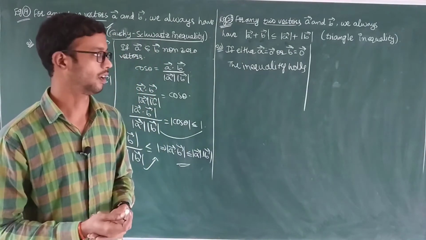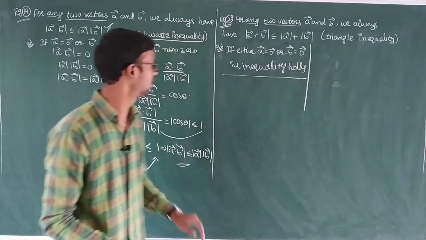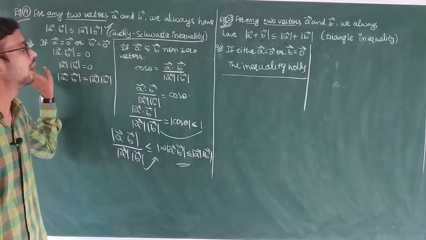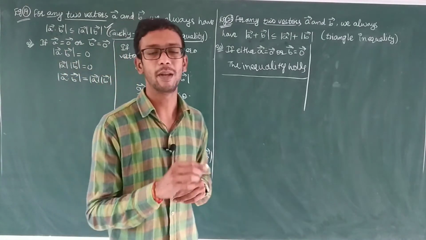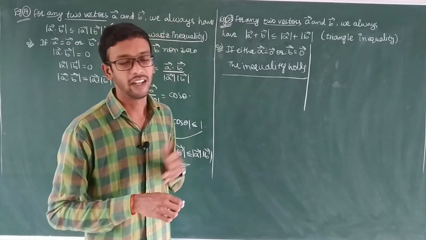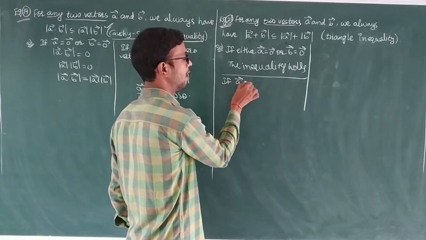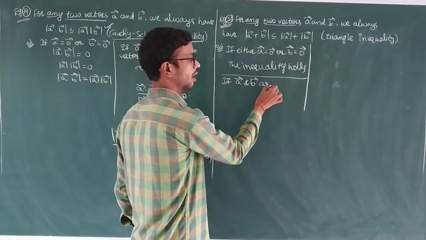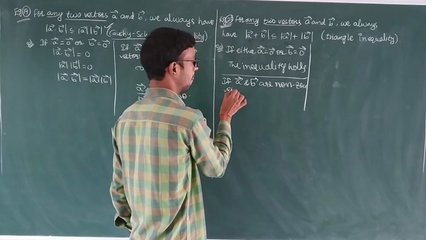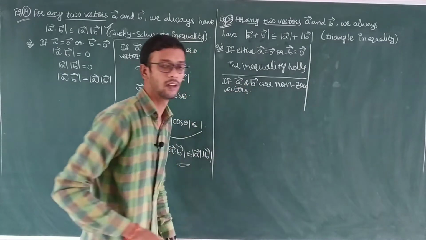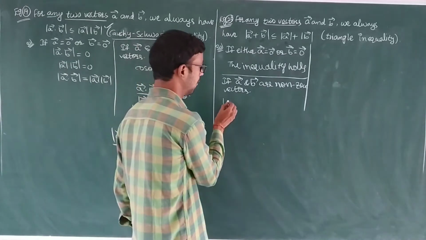If non-zero vectors are there, I'll now take the non-zero vector case. This is just for understanding; we can write it directly. If either A bar is a zero vector or B bar is a zero vector, then the inequality holds. If A bar and B bar are non-zero vectors, for that purpose I'll take here